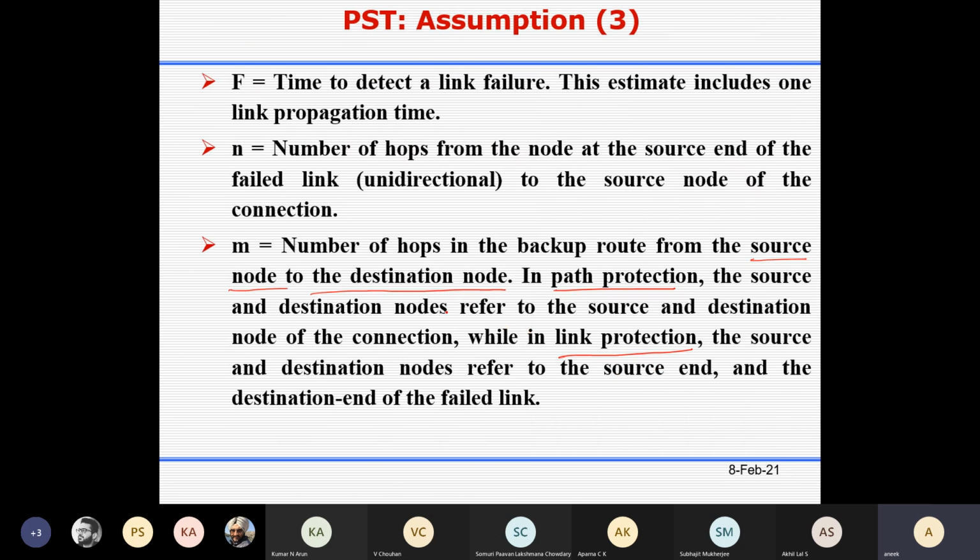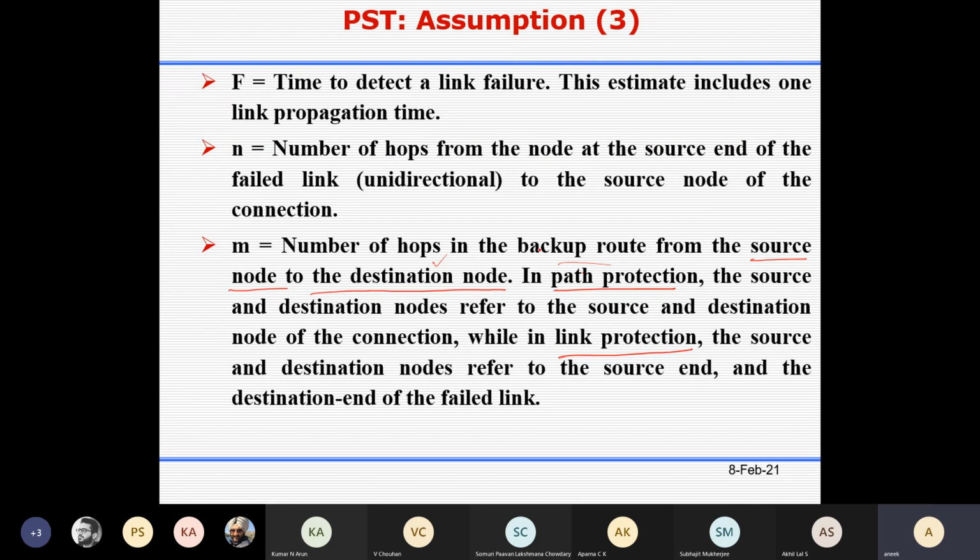Okay, so now you can check the definition of m that we gave: the number of hops in the backup route from the source node to the destination node. We have not mentioned whether it is the failed link source node or connection source node, or failed link destination node or connection destination node.